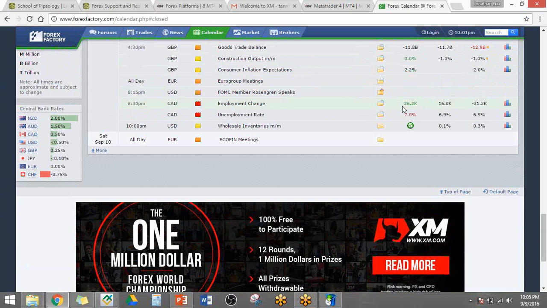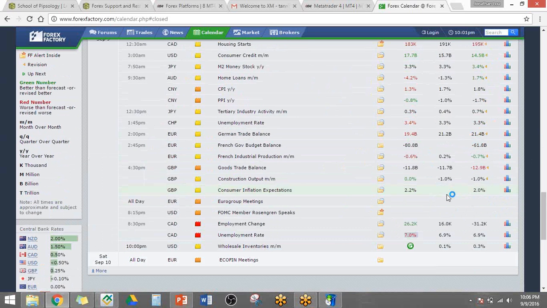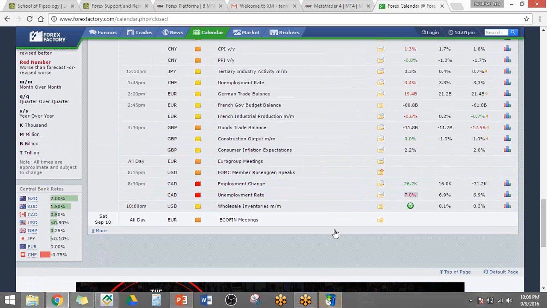And you also have something very useful here. They color coded it already. So if it's green, that means it's good data. If it's red, that means it's bad data. So it kind of helps us, especially if we're not very savvy with news and economics. Personally, I'm not very good with those things. I'm not an economist, but from this alone, I can have some idea on what's going to happen to the market.